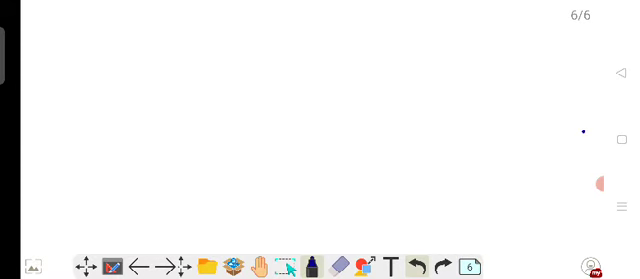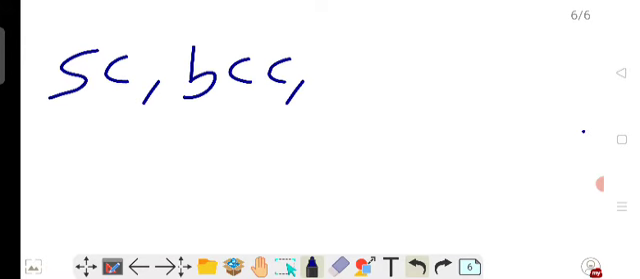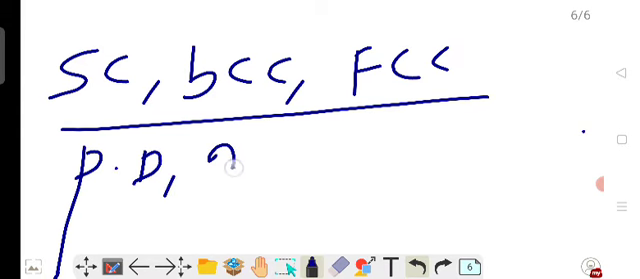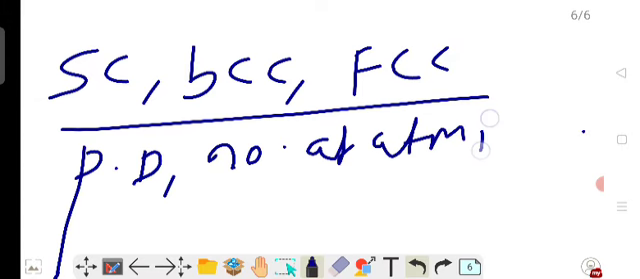So now there are a lot of other properties. This is the basic one. There are a lot of other properties of the simple cubic, body centered cubic and face centered cubic, like what is the packing density, the number of atoms in each unit cell,